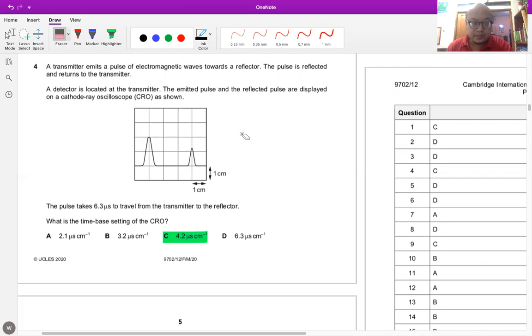When we see this, this is the signal, and then this is the